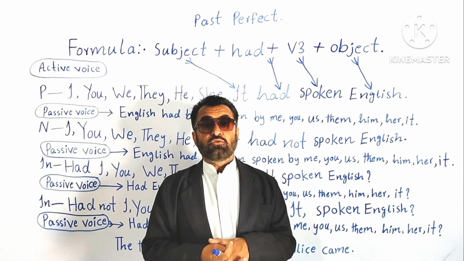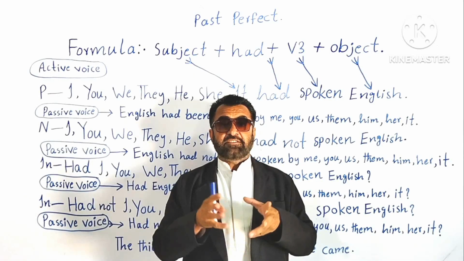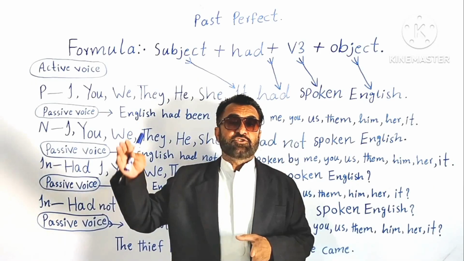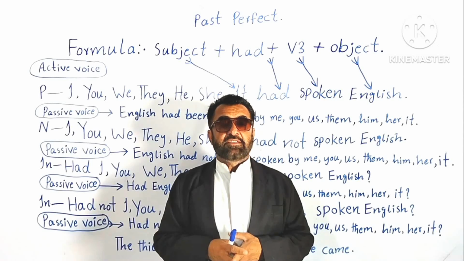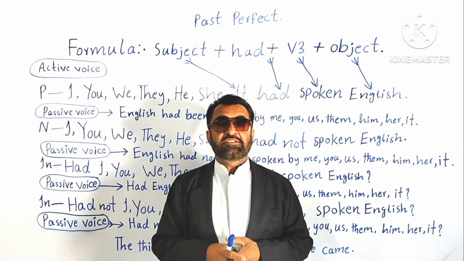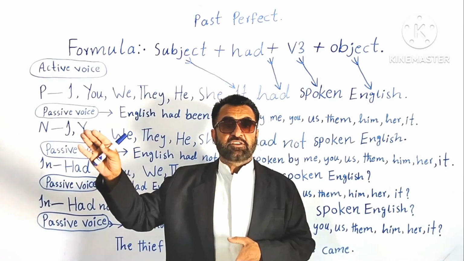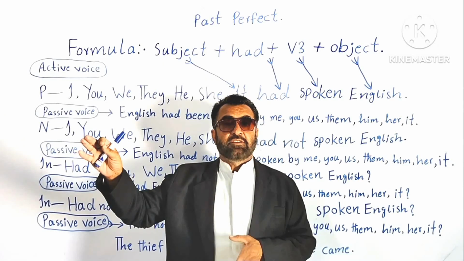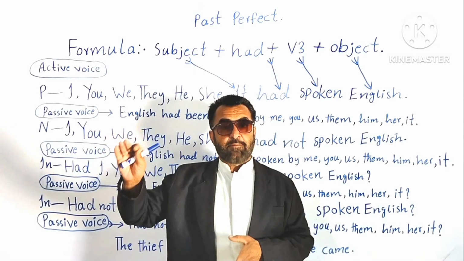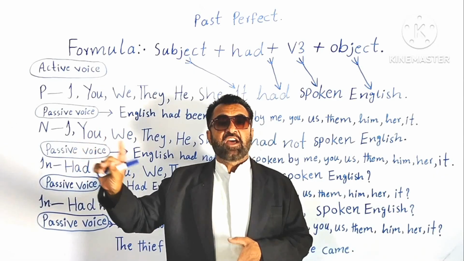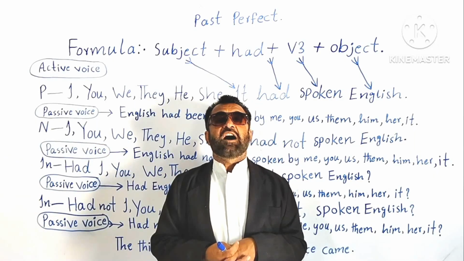So now let's know what past perfect is. Past perfect is an action that you started in the past and finished in the past. Understood? That is called past perfect. It means perfect, completed. The action was started in the past and was finished in the past. I mean completed in the past. It has nothing to do with the present. Okay? So that is called past perfect.